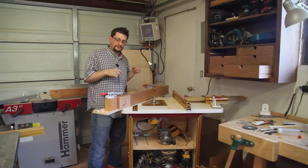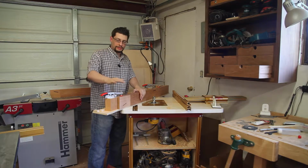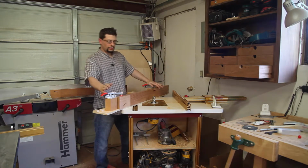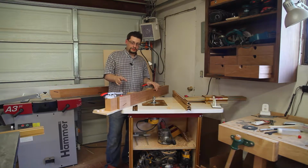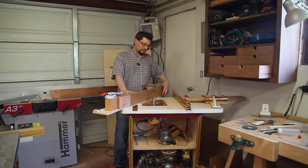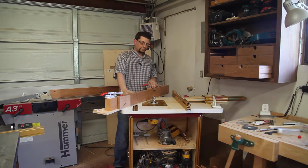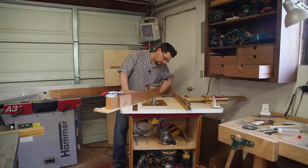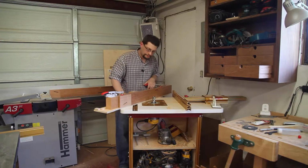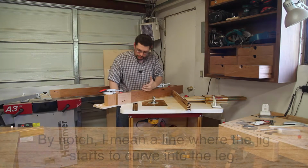I now have flipped the leg onto the other side of the jig and have affixed my clamps to hold it down. Now what we're going to do is route just a part of this leg, so we don't have to deal with everything back here because it's supposed to be flush. We also have the joinery here, and I don't want to come close to that. So I made myself a little notch just where we start